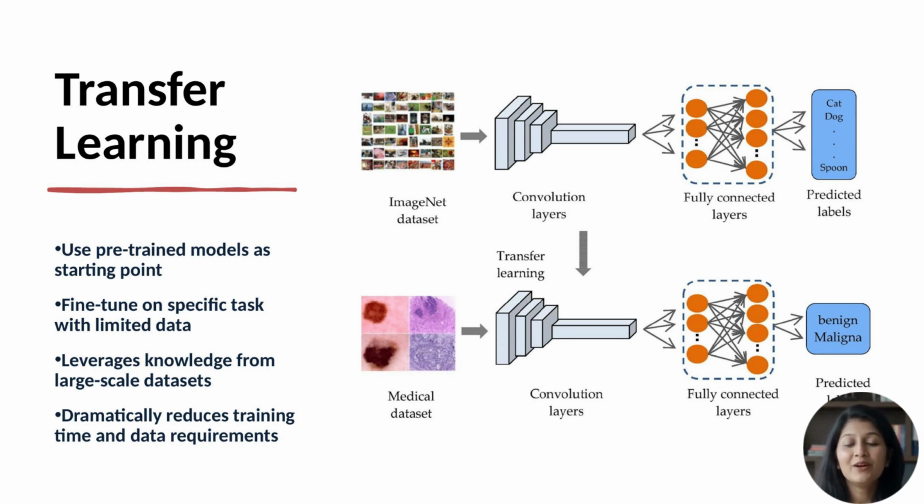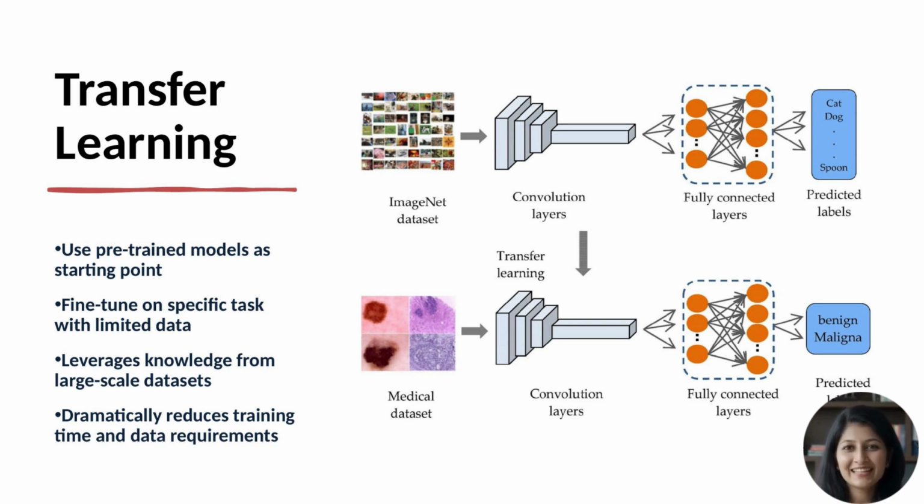Now take this pre-trained model and adapt it to your specific task. Maybe you want to classify medical images but only have 5,000 examples. You can take a pre-trained ImageNet model, remove the final classification layer, add a new layer for your specific classes, and fine-tune. The early layers stay mostly unchanged. Edges are edges whether you're classifying dogs or tumors. The later layers adapt to your specific domain.